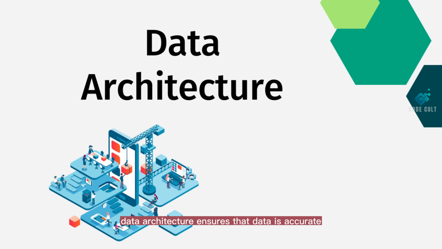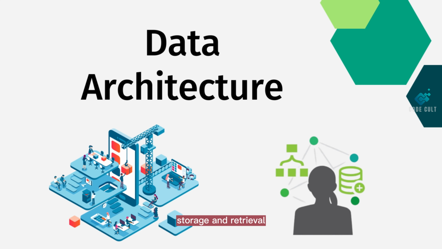Data architecture ensures that data is accurate, consistent, and accessible to users in a timely manner. It also involves choosing the appropriate technologies, tools, and platforms to support data processing, storage, and retrieval. In essence, data architecture is a critical component of data engineering that helps organizations effectively manage and leverage their data assets